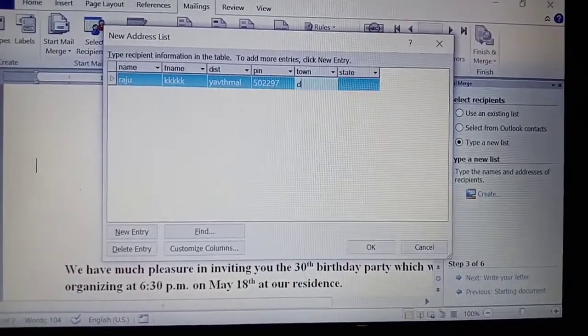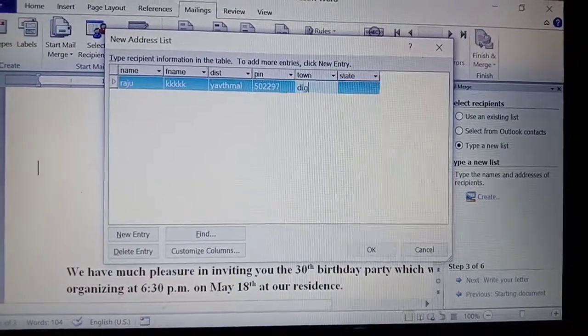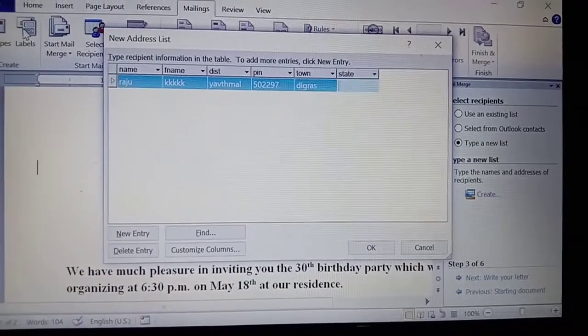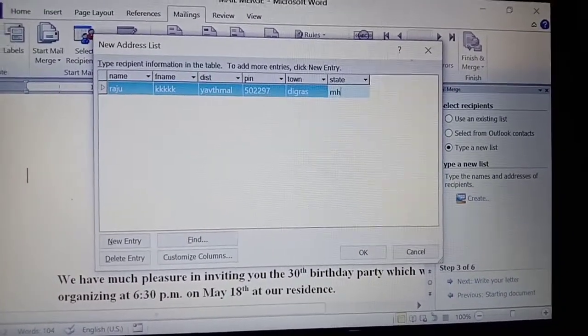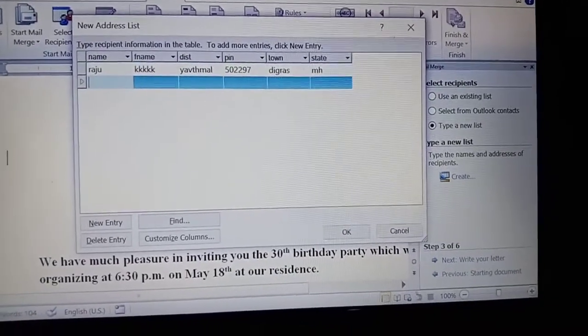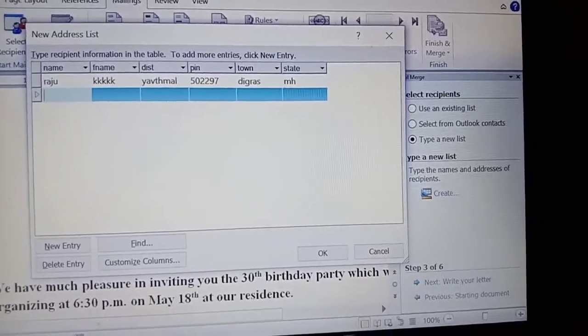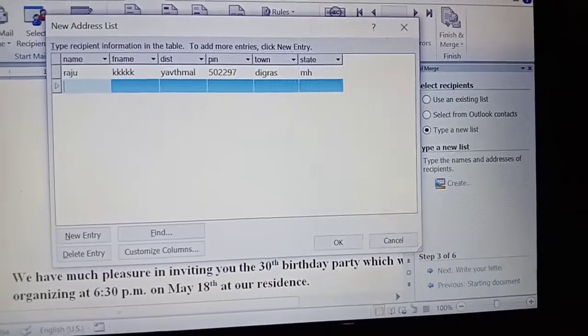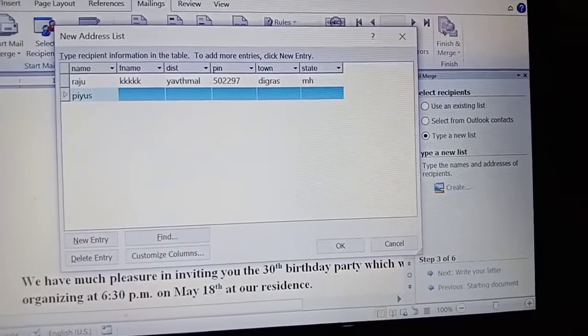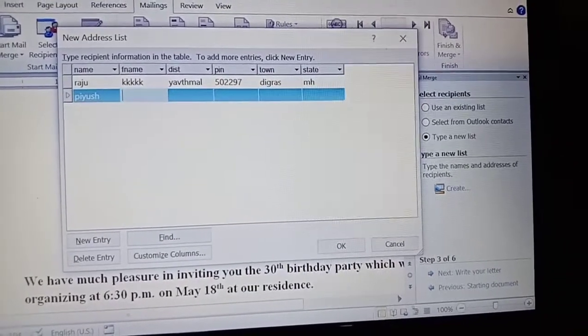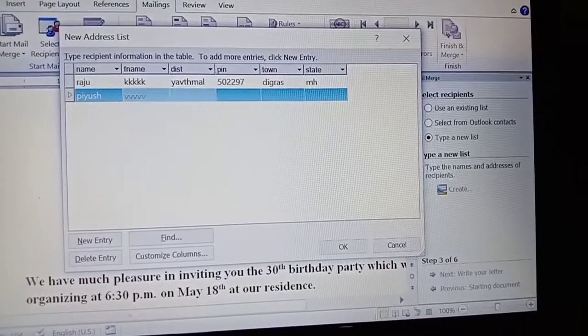Town Tigras. Like that, you have to enter the clear details of your friends to whom you are sending this letter, and the second friend whom you are inviting to the birthday party. Enter their details here.